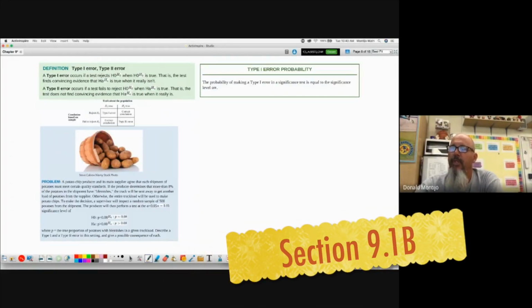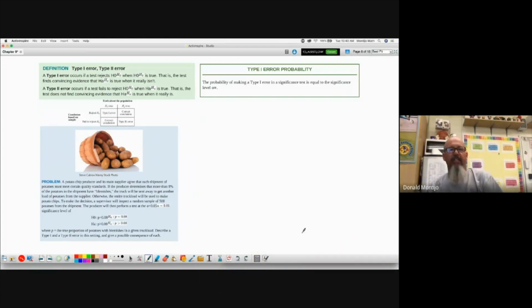Okay? Now, as we said in confidence intervals, we're not 100% sure in statistics. I can't say that I accept the null, that I am 100% positive that the mean is equal to something. Just like we saw in confidence intervals, we were 95% confident that the answer was in a certain range. Okay? Now, so if that's the case, then sometimes we're going to come to the incorrect conclusion, even though we